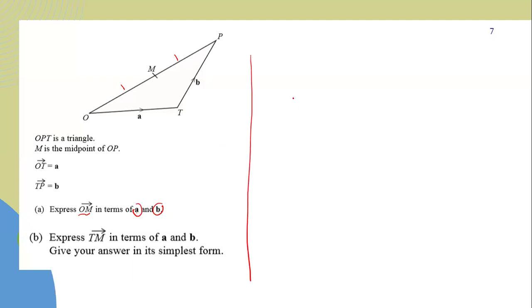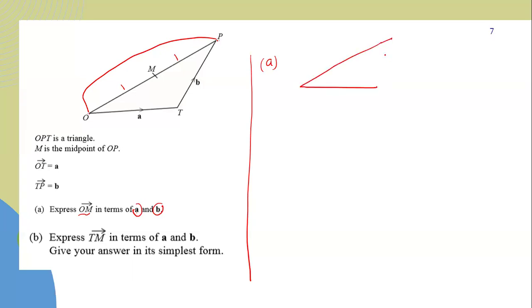Now, what do you do always? You first ask yourself, this is O to M. How can I obtain O to M? They have told us that M is the midpoint. We are going to first ask ourselves that O to M lies along the line O to P. So in order for us to calculate anything, we need to know the length of O to P. But since we don't know the length of OP, we are going to find it first.